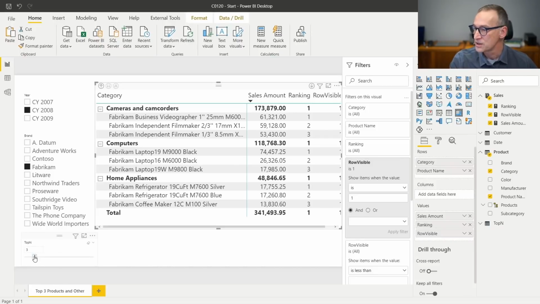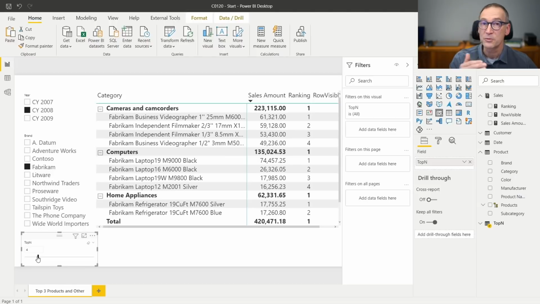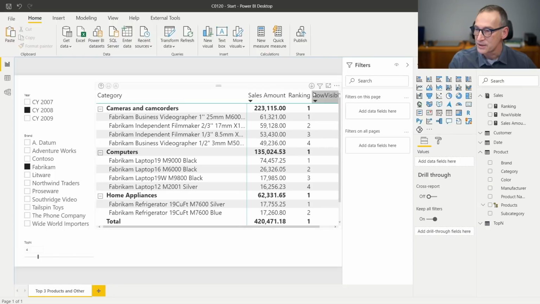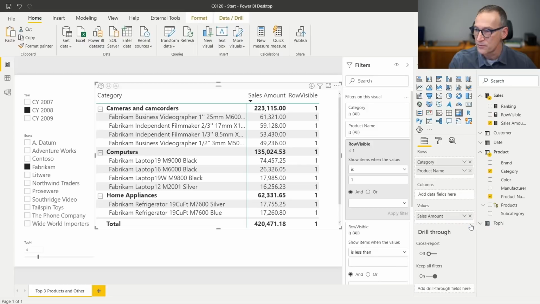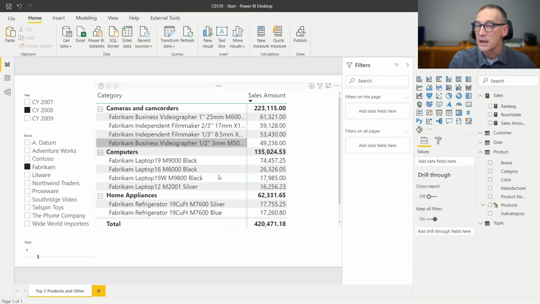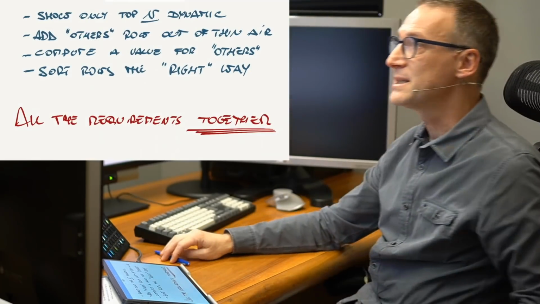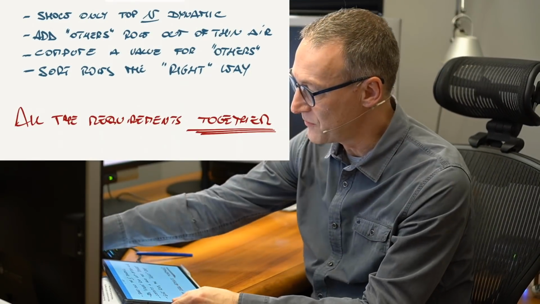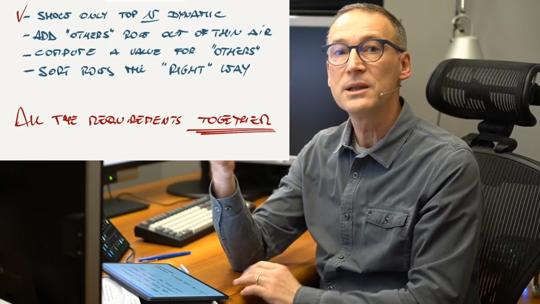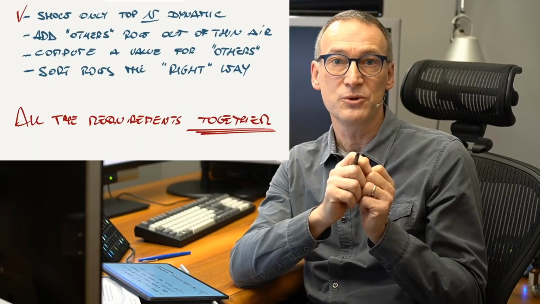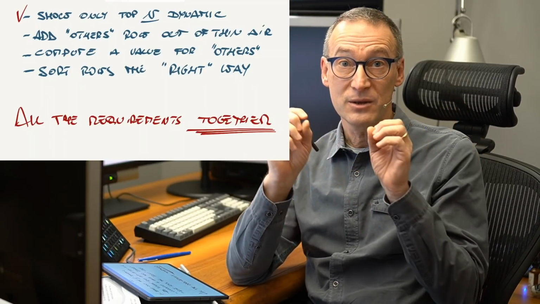And if I change this number and I increase it to 4, the report changes, showing more rows. At this point, I can get rid from my visual of the ranking and the row visible column. These are no longer useful, and I solved the first of my problems, which is creating the dynamic ranking row. Now, let's see how we are. So far, we solved the top n dynamic. So we can mark the top n dynamic because we have been able to show the top n with a slicer.